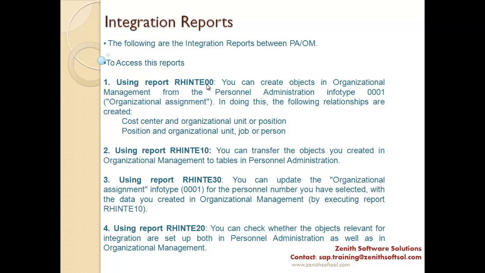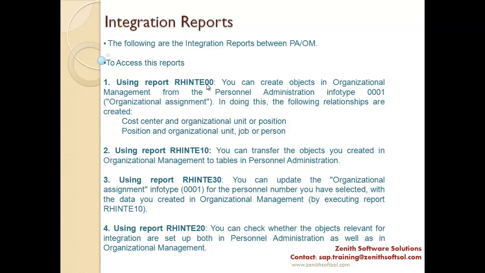Now when you want to transfer the data from OM to PA, the first report is RHINTE110. What does this report do? It will basically transfer the objects you created on OM to the tables in PA. So those tables will be updated in PA. This is the first step. Now then you use the report RHINTE30. When you run this report, then the info type 1, which is 0001, organizational assignment, will be updated